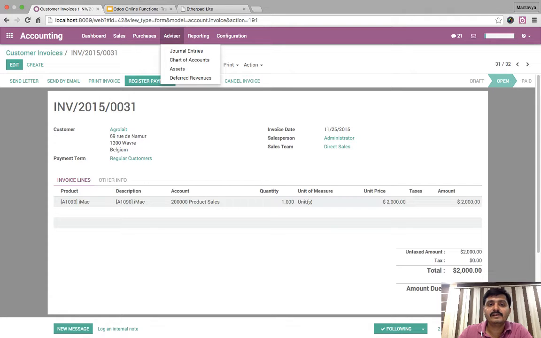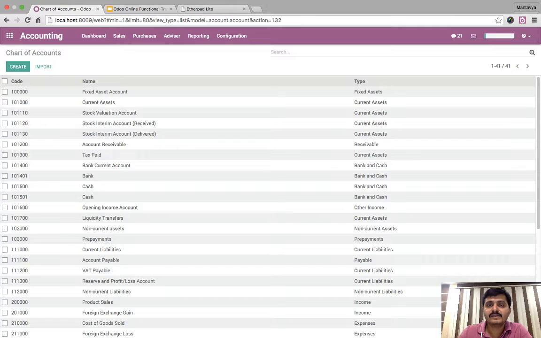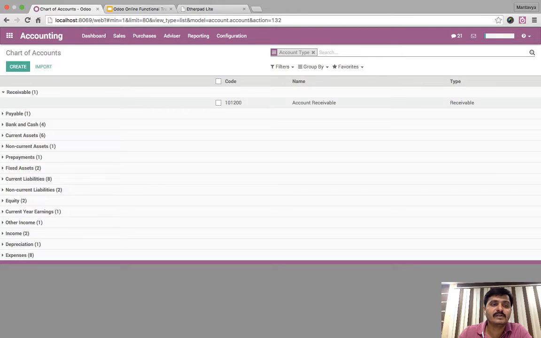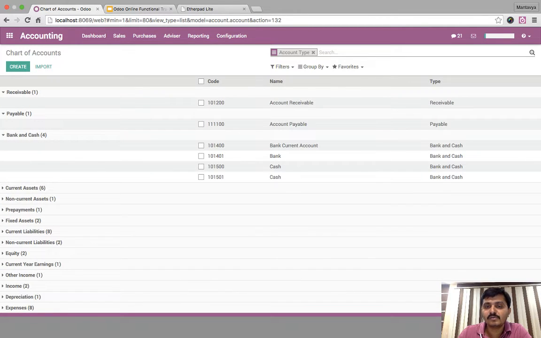Advisory and chart of accounts is here. You can configure a chart of accounts, or you can view the chart of accounts. The easiest way is to group by type, and you can easily understand: receivable, payable, bank and cash. If you have more than one bank cash account, let's say currently I have 4 accounts which